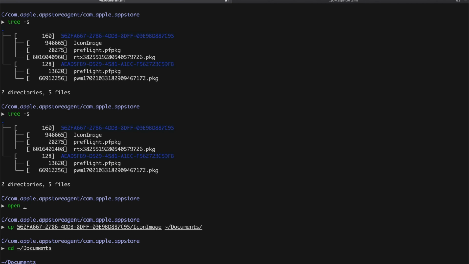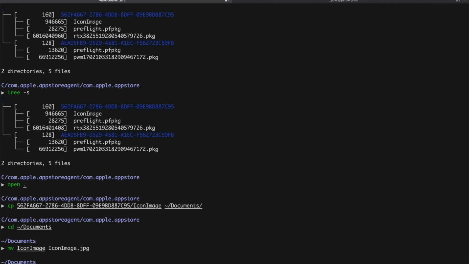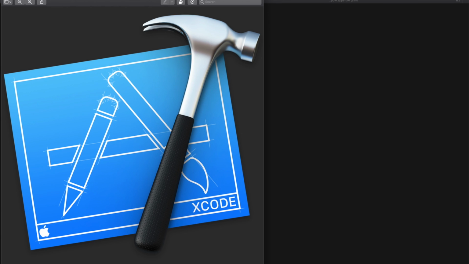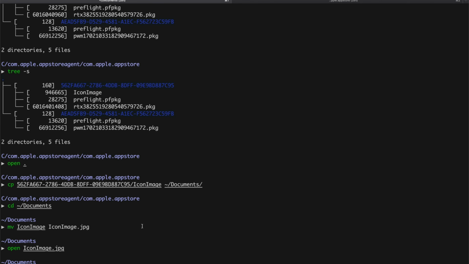Maybe Mac doesn't depend on the extension, but I'm new to Mac, so I was just trying with the JPEG extension, to see if it works. Yeah, it worked. I'm not sure if it's an SVG or